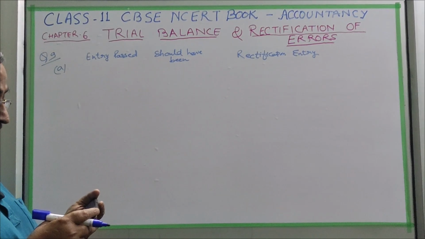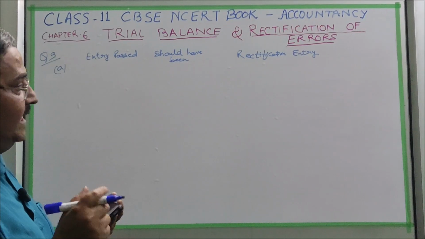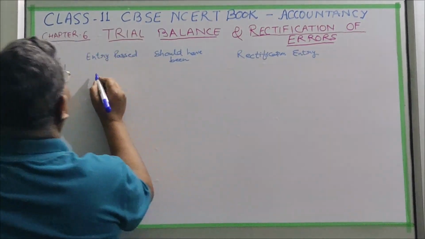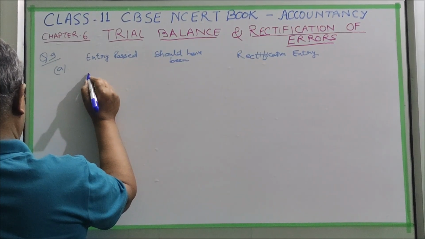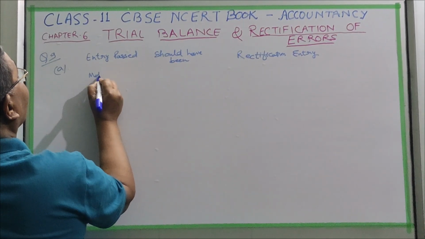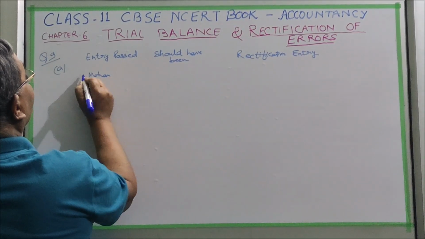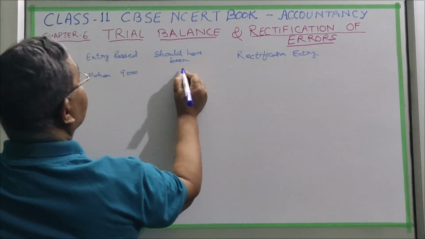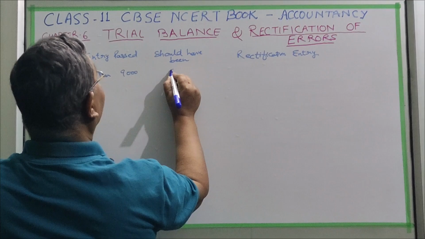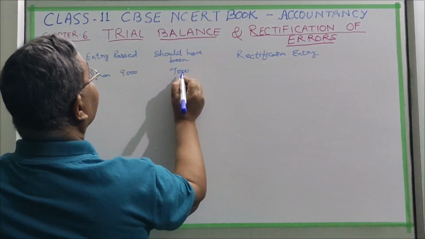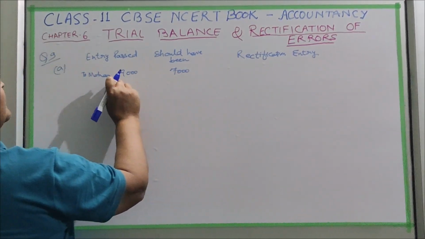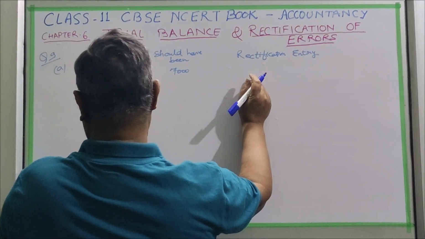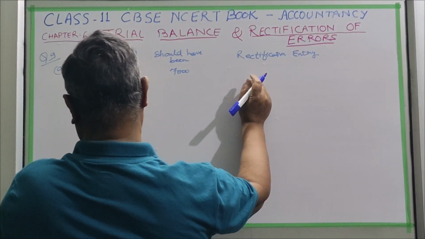debited by 7,000. You have debited him by 9,000. Entry passed: Mohan to Mohan. You have done 9,000 and it should have been 7,000. So 2,000 excess is here. This you recover. So credit sales to Mohan